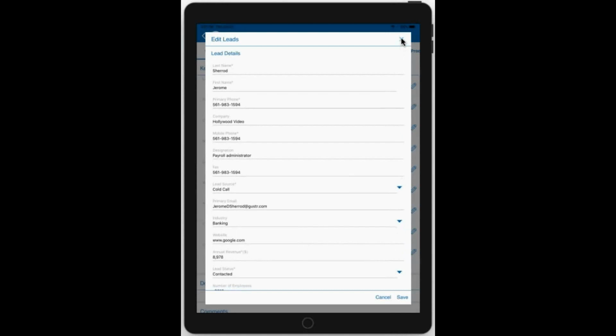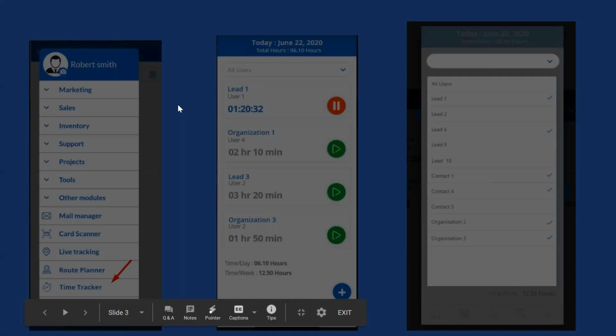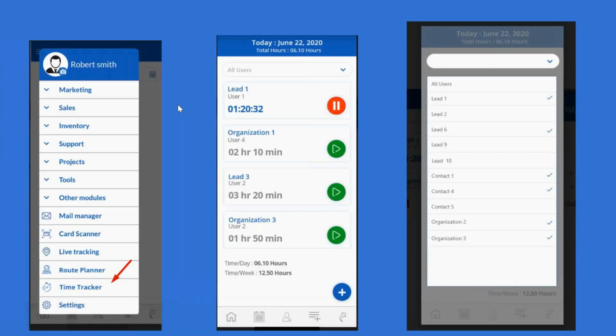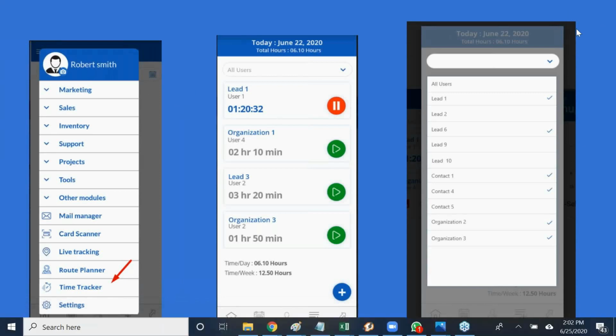Now let me make myself a presenter and I can show you some upcoming things which we are working on in the mobile apps. This is one of the views we are working on, to have time tracking in place with the mobile apps.